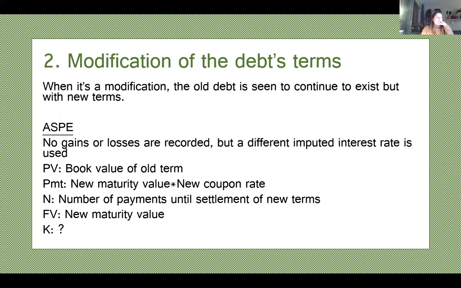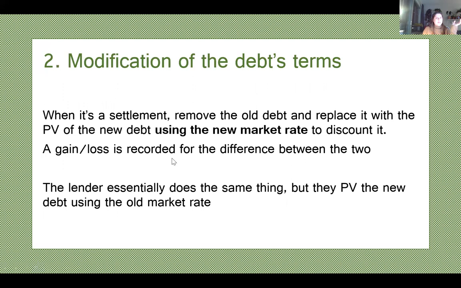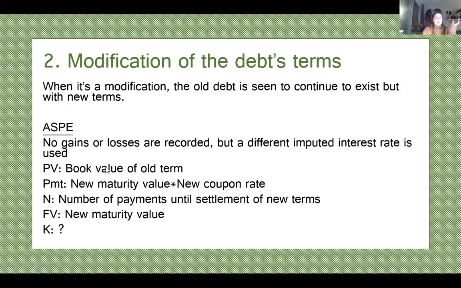When it's a modification, so if it's less than 10% difference with your previous debt, the old debt is seen as continuing to exist, but with new terms. My teacher, when he taught it to me, only mentioned the ASPE way, but in the book, they also mentioned IFRS, so I put it in there. But I think if you only look at the ASPE way, it's okay. And from the exams that I saw, most of the time in a question like that, it's going to be a settlement. I haven't really seen anything like that. Maybe in your assignment, you're going to see it pop out, but